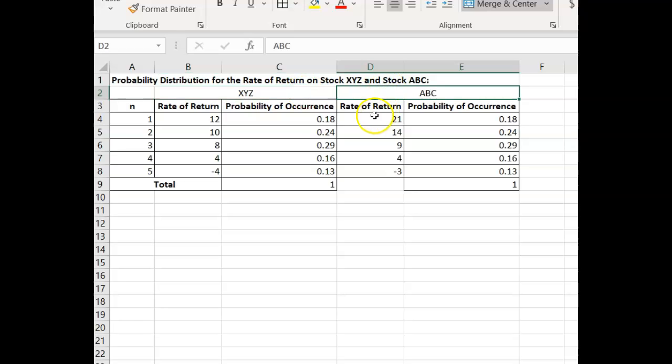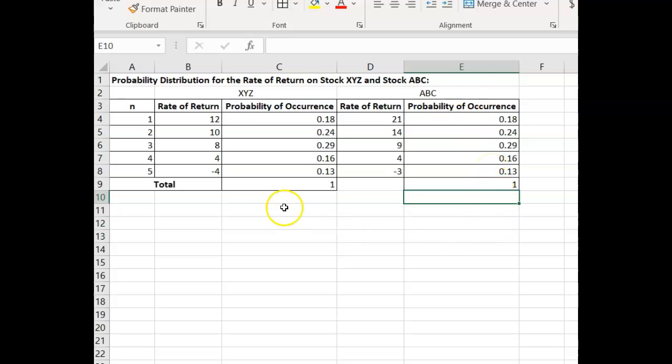Now we have two assets, and the second one is stock ABC, which has, again, 5 possible rates of return with their respective probabilities of occurrence. So the probability distribution on ABC is given by the cells that I've highlighted right now. And just to make sure that all these probabilities equal 1, we calculate the sum, and it does indeed